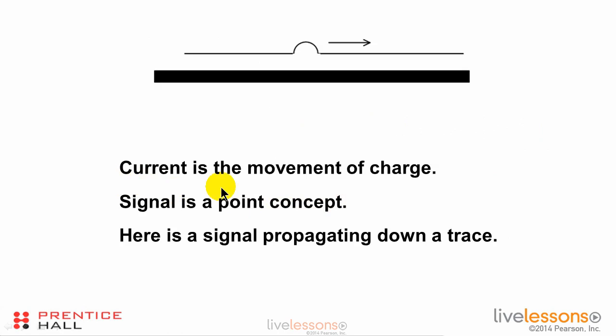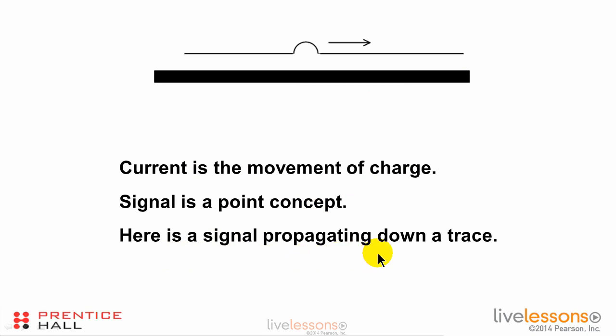Now, if current is the movement of charge, a signal is a point concept. By that I mean there is a signal at this point on the conductor, and then that signal propagates along the conductor. So the little component of charge associated with that signal also propagates along the conductor. So current is the movement of charge, a signal is a point concept, and here's a picture of a signal